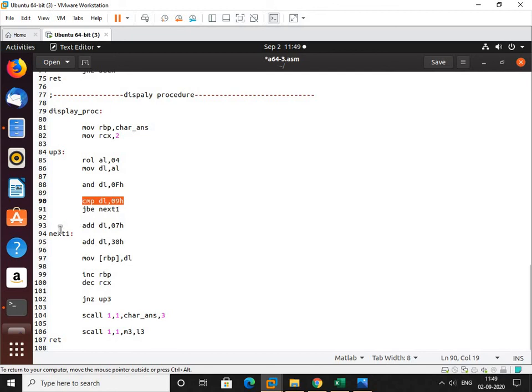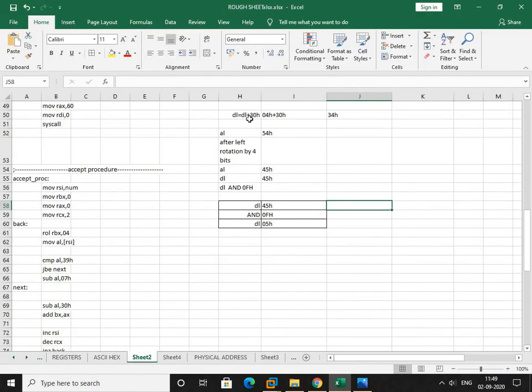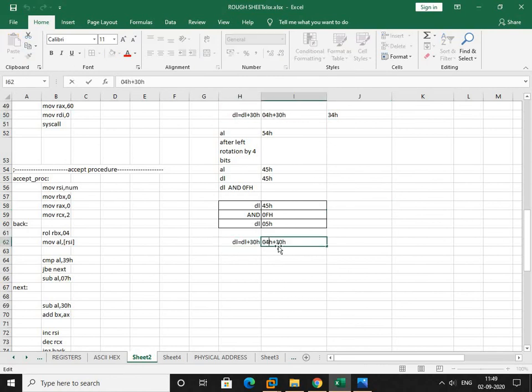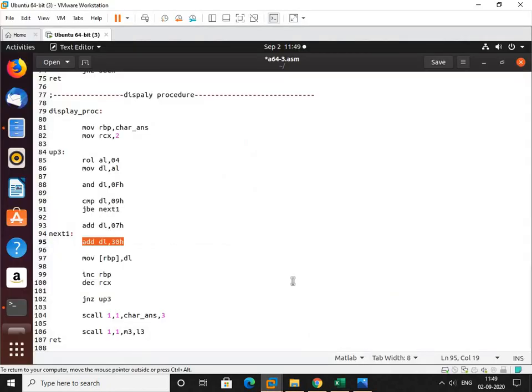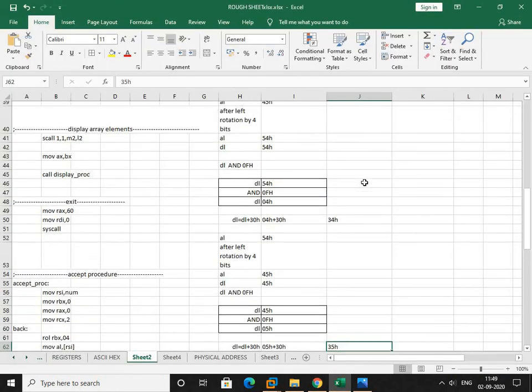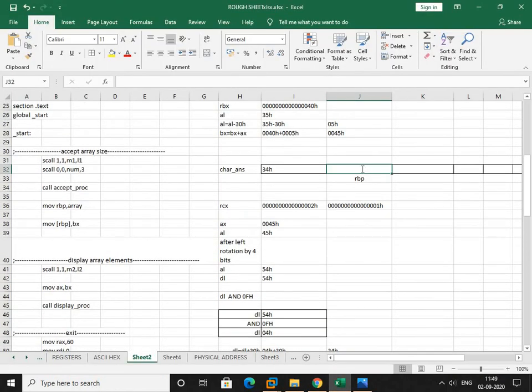It is below 9H, so jump if below or equal to label next 1. So add 30 into that. Got 35H, which is the ASCII hex value of 5. Now whatever converted hex to ASCII hex value you got in DL, put it into the RBP. RBP is pointing here, so put 35H here.